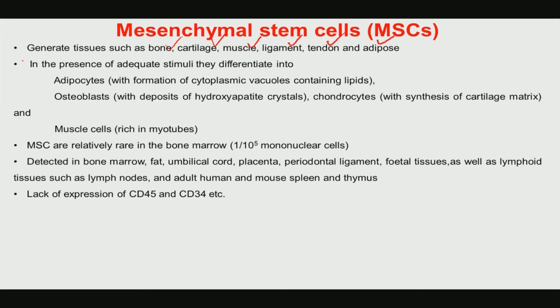So, in a way they have the capability to generate tissues such as bone, cartilage and so on. And in the presence of adequate stimuli, remember this stimulation that I have mentioned in the